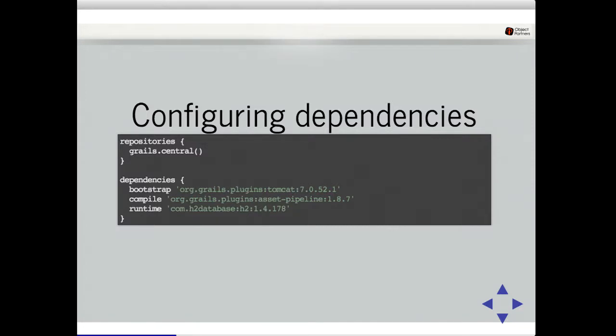The plugin also tries to wire some default dependencies up for you so you don't have to do as much work inside of here. But most of that is regarding the Grails framework itself, getting the core Grails dependencies. But things like the Tomcat plugin, so that you have a container to run in, or assets pipeline, you'll need to add those. We don't wire any of that in for you just because some people aren't going to need